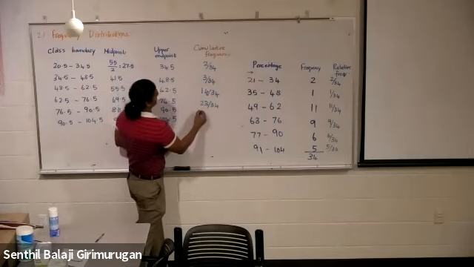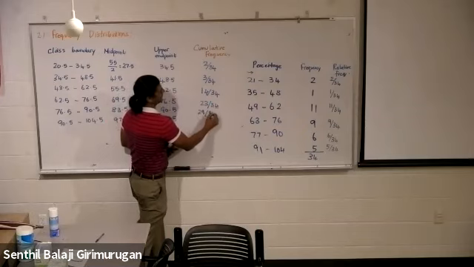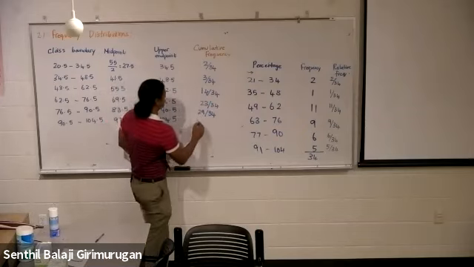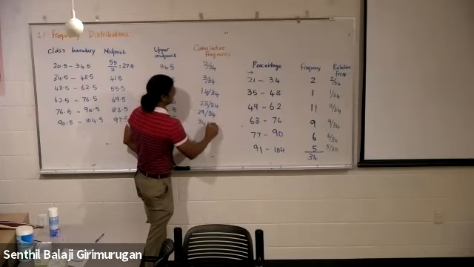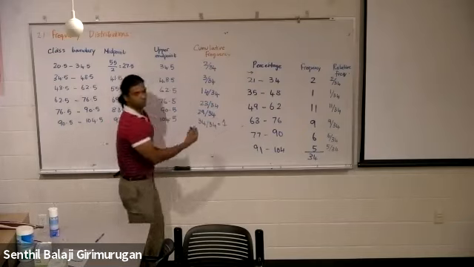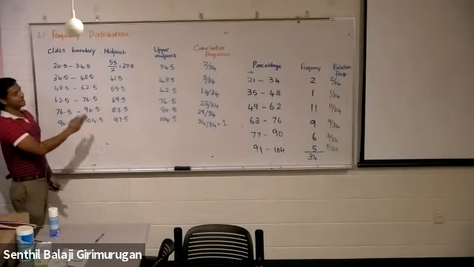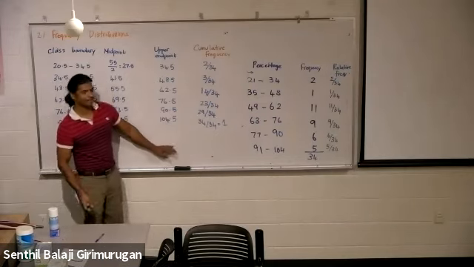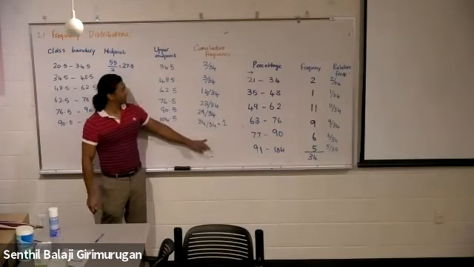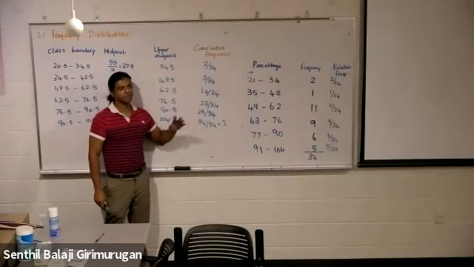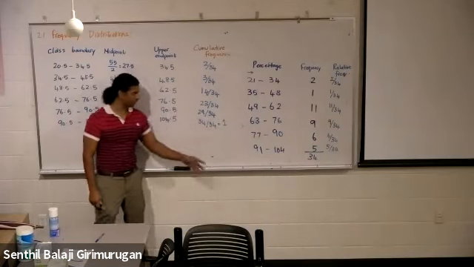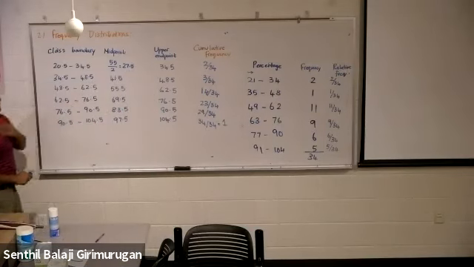So add 6, 49. 29 over 34. And the last one would be 34 over 34. That would simply be 1. Now, hypothetically, if you picked a number past this value, what would it be? It will still be 1. Beyond this point, definitely 1. Great. Why is this important?